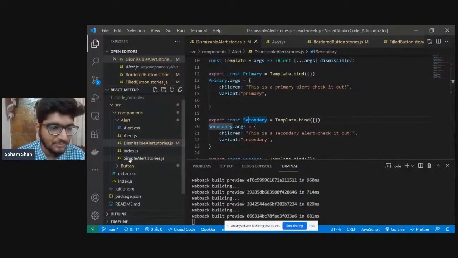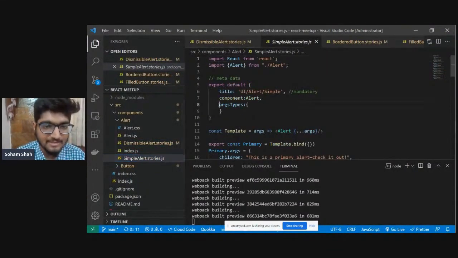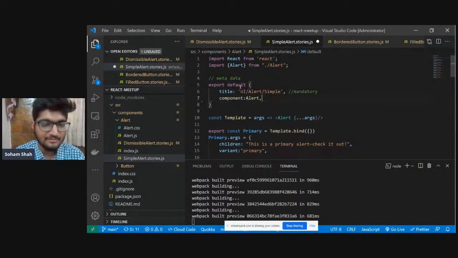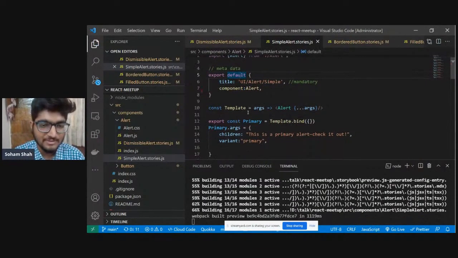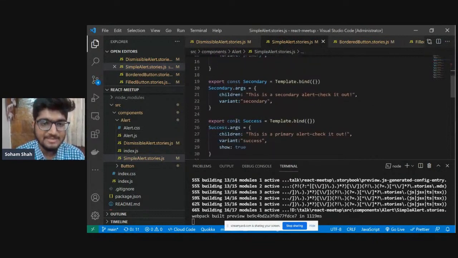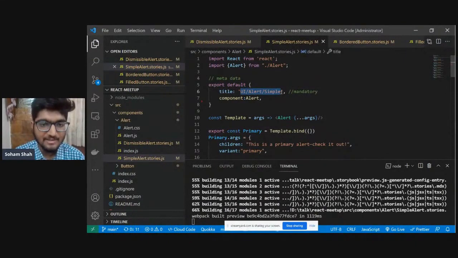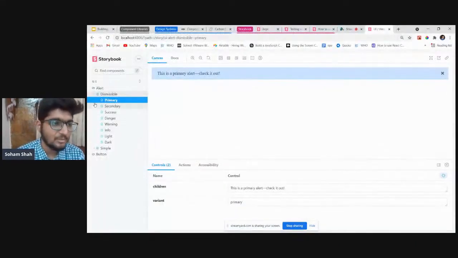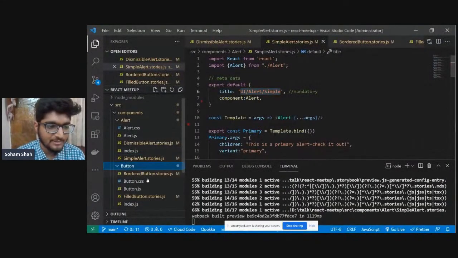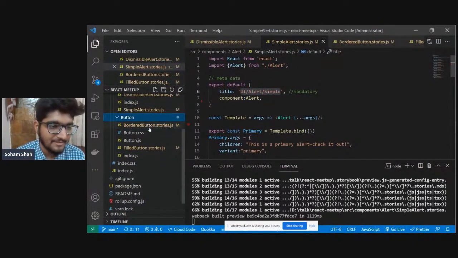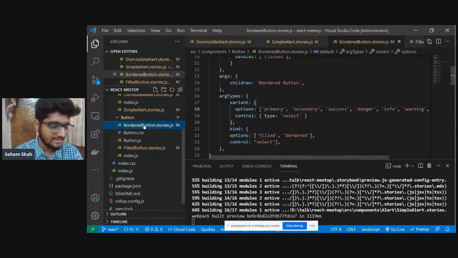And for simple alert, we have almost the same thing. We don't want archetypes, because let's not make it confusing for people who are starting out with storybook. So that we will be looking into in just a moment. Basically we are exporting these things, and it is very simple. This is the path we are providing, UI slash alert slash simple. So this is the folder structure which it makes, UI slash alert slash dismissible, UI slash alert slash simple, and it's simple, right? And button. Same thing goes for button. I think it will be getting redundant if I stress more upon this.